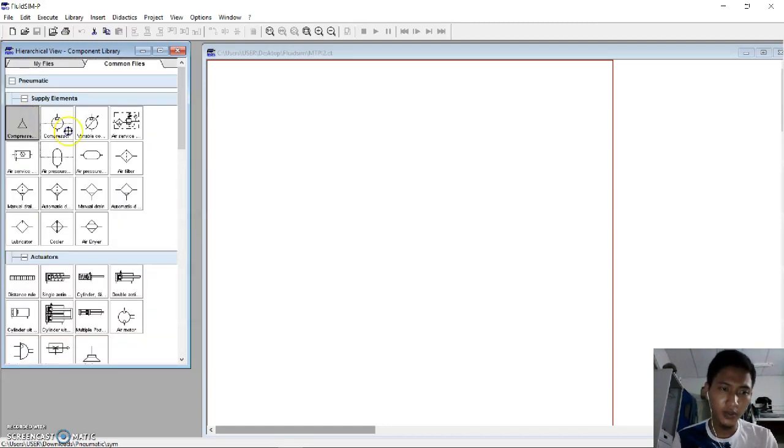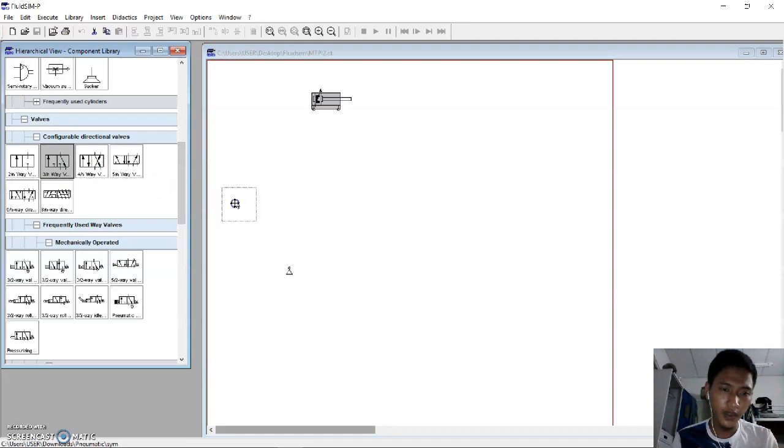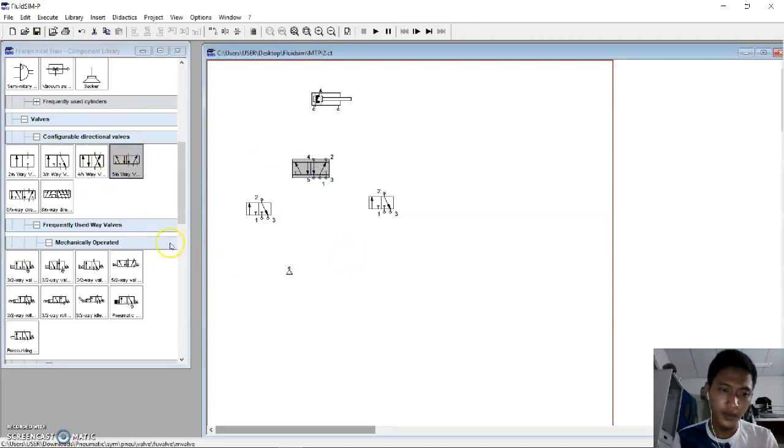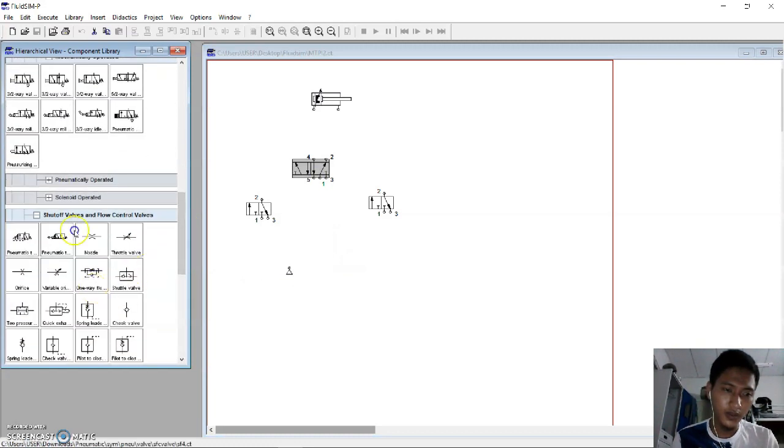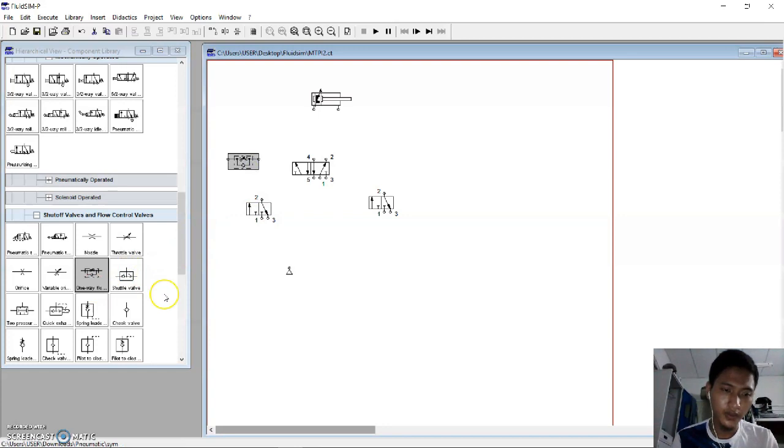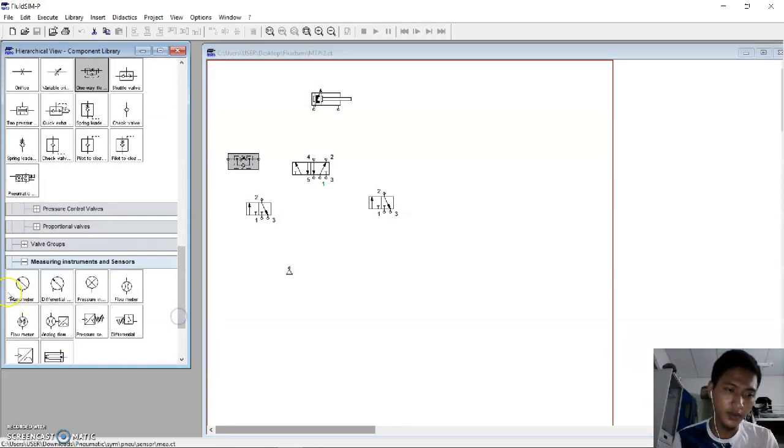So we choose the compressor first, the double action cylinder, 2 3-way valves, and the 5-way valve. One-way flow control valve and manometer.